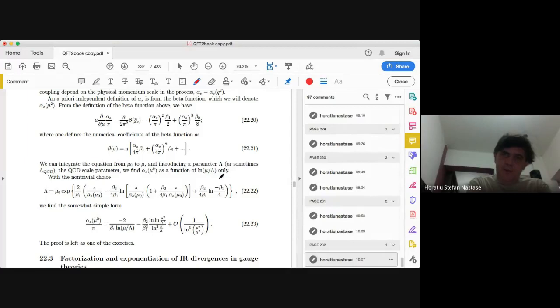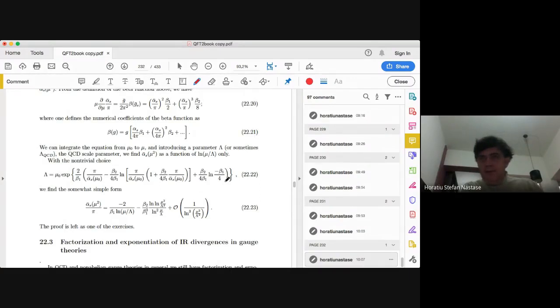So this is mu over lambda. More specifically, as a function of log mu over lambda. And with a very non-trivial choice defined here of lambda,